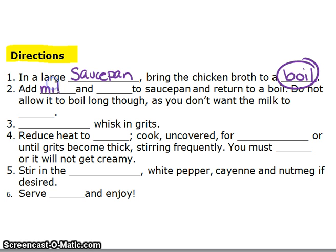So write milk and salt to the saucepan and return it to a boil. Go ahead and underline boil so that you know how hot you should cook it to. Do not allow it to boil long though, as you don't want the milk to scald. Okay, you don't want to burn the milk. It has an awful odor if this happens, and there's a film that will develop on the top of the milk. Then you are going to gradually